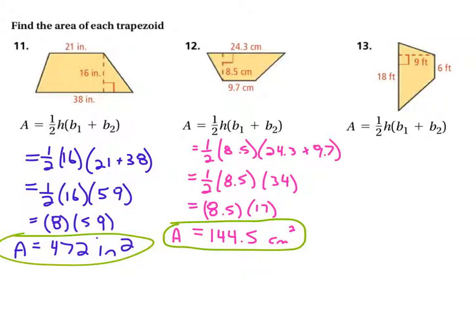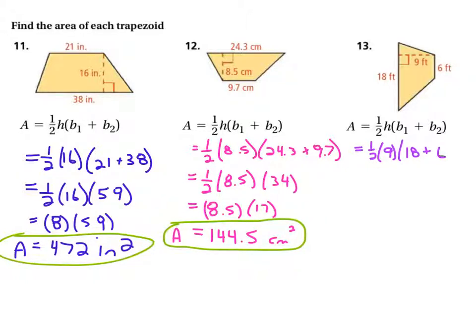And finally, we've got the area is equal to 1/2. I'm short on space here, so sorry if I cram this in. Now, this one, hopefully you could see that the height that we're looking at is actually running between the two parallel sides. The two parallel sides are what we call the bases. So 18 is a base and 6 is a base. The height there is 9. So we say 1/2 times 9 times the bases are 18